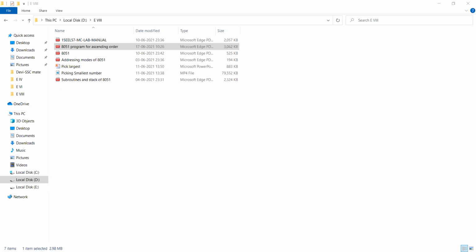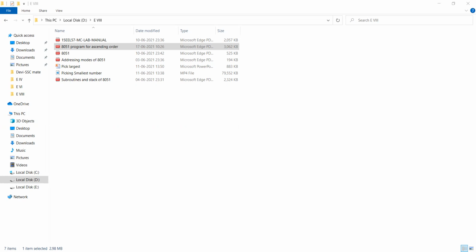Then increment the data pointer, which is the location of the second data, the second number, and that is shifted to A. So this memory location and accumulator have these two data. Out of these two, first you can identify which is the larger one, either number 1 or number 2.